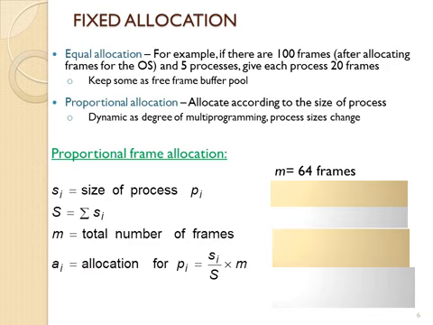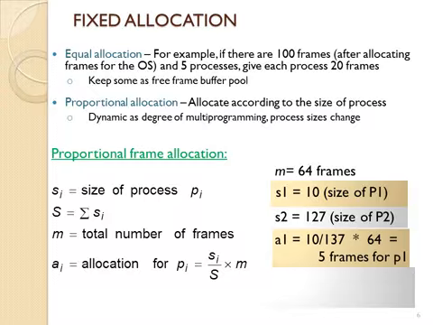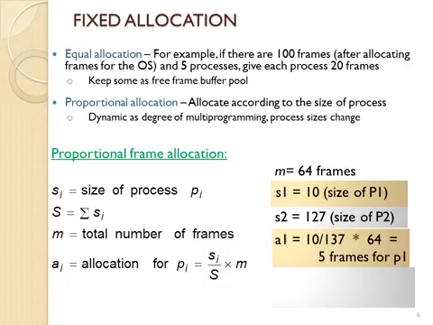So let's say, for example, you have 64 frames available, and the size of process 1 is size 10, and the size of process 2 is size 127. So the total of the two processes is going to be size 137. So that would be capital S. So if you took the allocation for process 1, you would take the proportion of the size 1 over the size of all of those, and then we're only doing 2 here, but